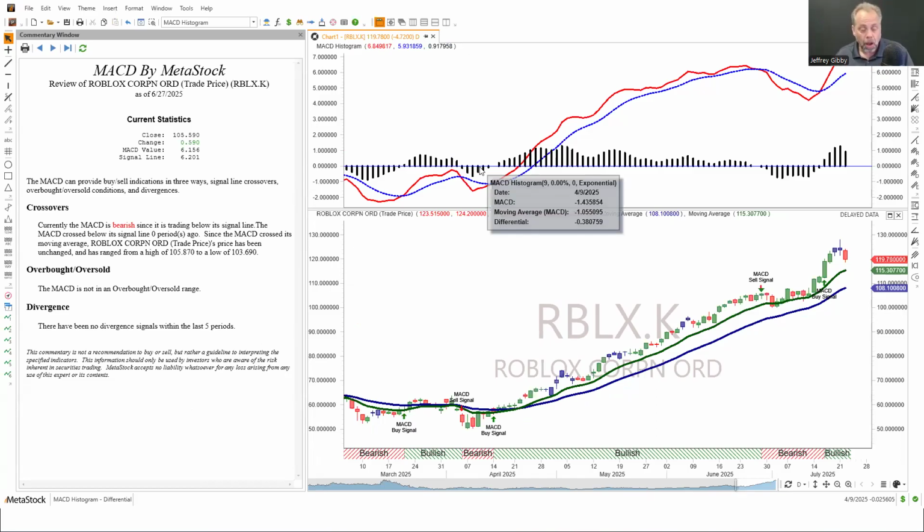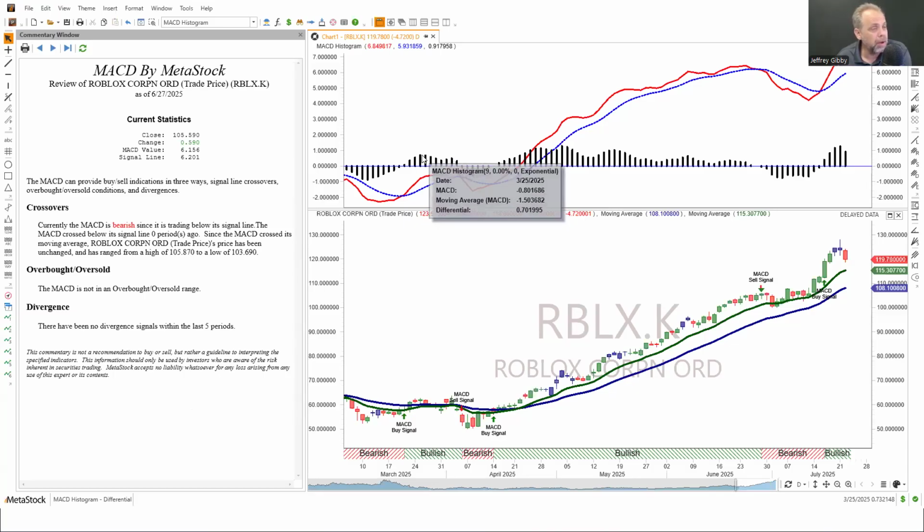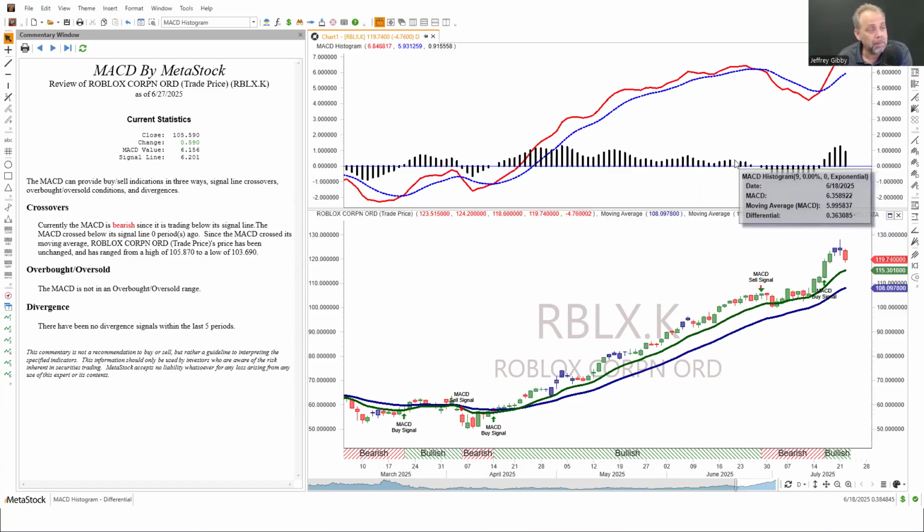I'm going to look at the peaks of the stock. Right here, we've got a peak of MACD that forms right back down here. I very specifically chose this one. You see that we crossed down below zero, and then we had a higher peak of MACD. We could also do it here: a peak of MACD, then a cross down below zero. The cross down below zero is important to Dr. Elder. Then we come back up above and look for the peak there. Actually, I'm going to use this one. Ideally you want to look at the most recent one.